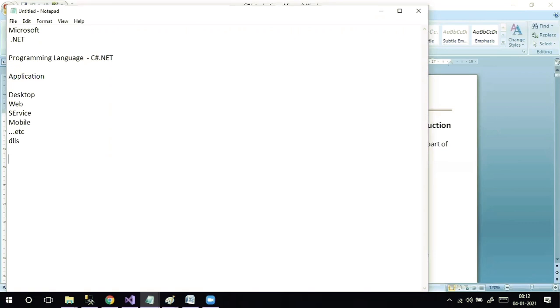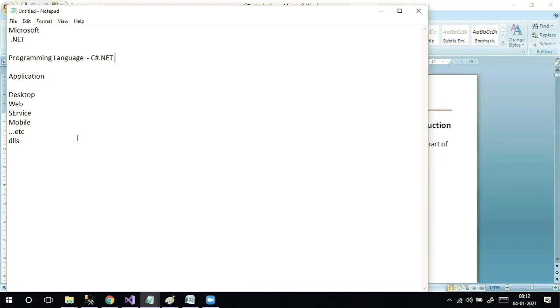Not only that, if you want to design some games, whether on Android mobile or iOS mobile or Windows mobile, or any mobile application, or the new upcoming things like machine learning, in all these areas also we are using C#.NET. So compared to all other environments, if you know the C#.NET language completely, this language will be used in various areas